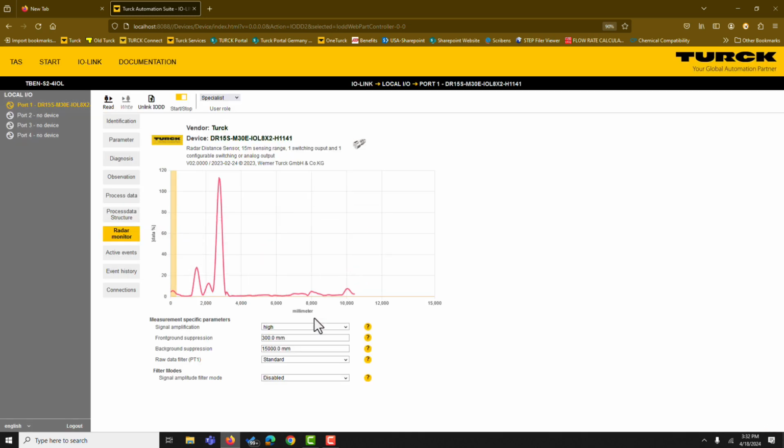And lastly, the filter that we didn't really touch on is the raw data filter PT1. This is only going to be utilized when you have turbulent surfaces. So let's say you have a tank that is currently filling with water, or there's a mixer in there that is agitating the water. You can use this raw data filter to smooth out the data that is initially coming in, so that you don't get all these random data spikes. It smooths everything out and gets you a more level output